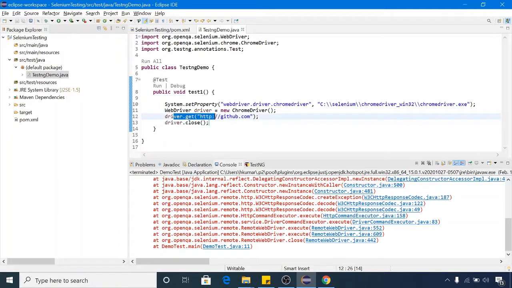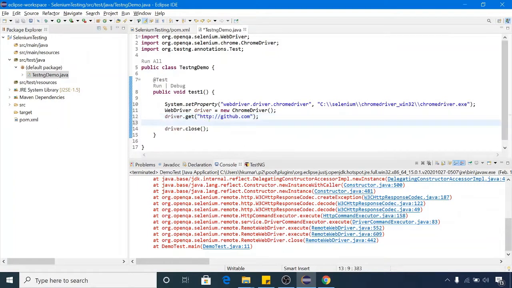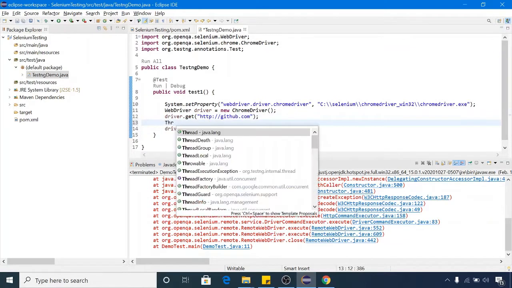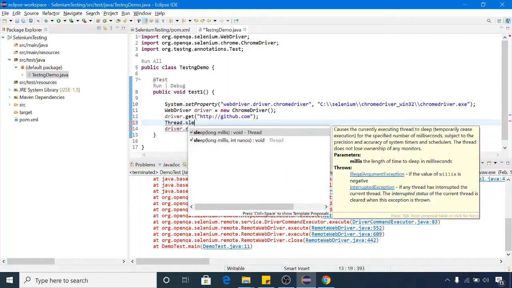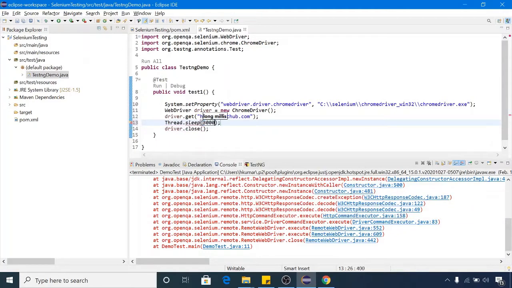So this method will launch the Chrome browser and open the URL github.com. This script will be executed very fast. To see it is working fine, you can use some hardcoded sleep here. Thread.sleep 50 seconds.